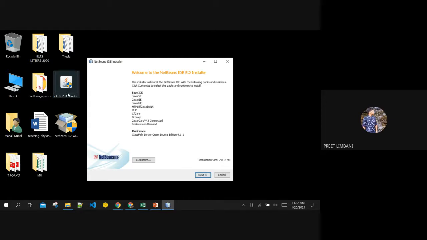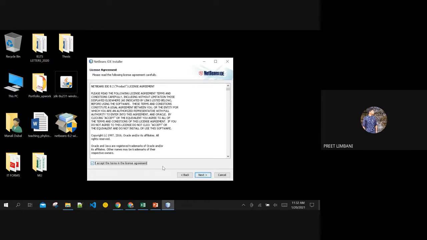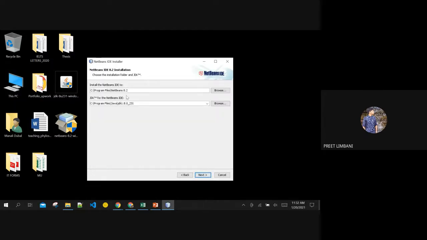All right. Now you can just click on next, no need to click on customize, accept the agreement, again click on next. Now the entry will be in the same directory, program files, no need to worry. You don't have to change this. The reason is that JDK will automatically be fetched over here. NetBeans will require JDK to install, because if JDK is not there, then NetBeans will not continue the installation. Like I said in the last class, NetBeans will require JDK for installation purposes, otherwise it will not work.